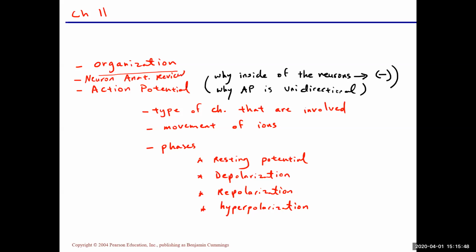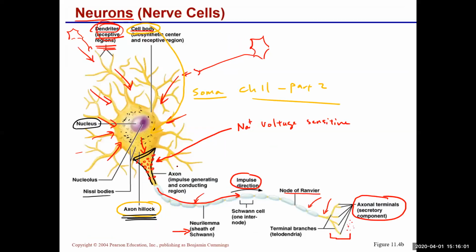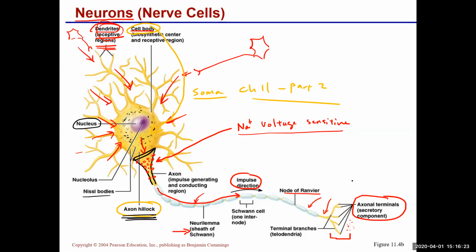And now we are going to go over the types of channels that are involved in action potential. One of those channels I already mentioned, that would be the sodium voltage sensitive channel. Again, this happens to be on the axon hillock, but what other channels can we observe and where are they located? Well, I think you can recall that on the axonal terminal,